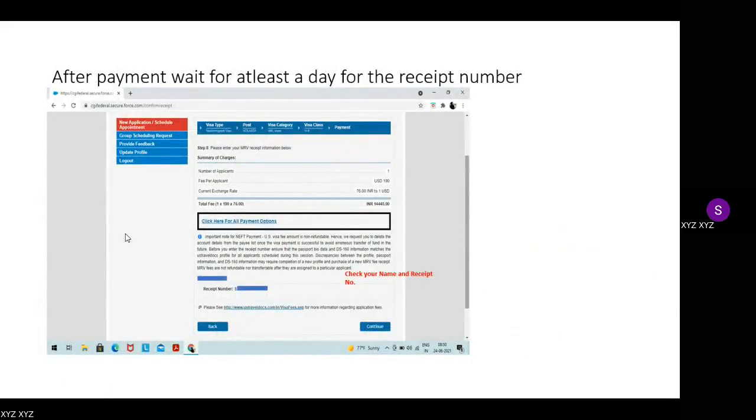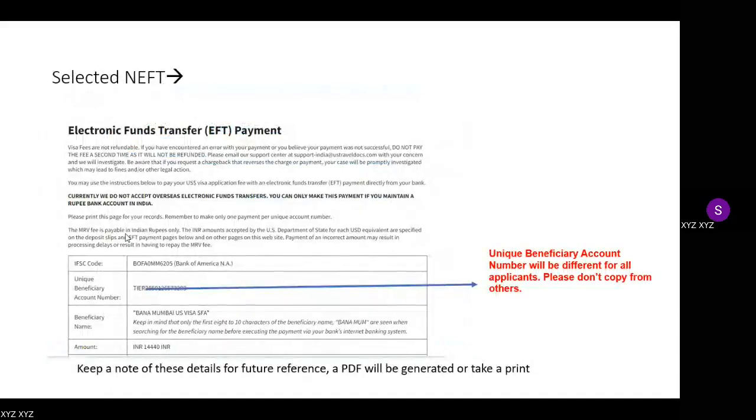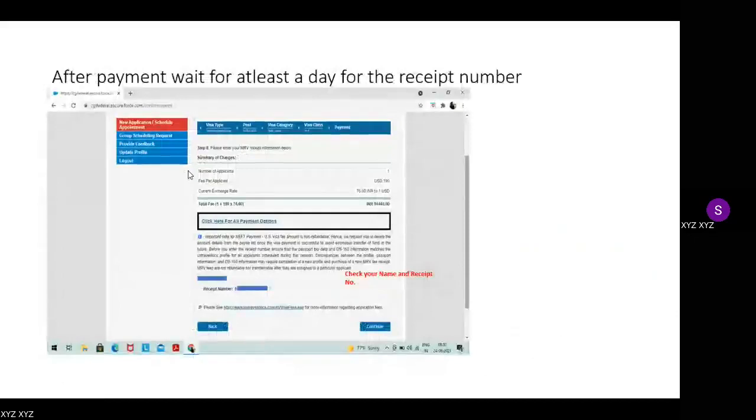Once you are done with your payment, you have to go to your bank account and pay this amount to the Bank of America account details. After at least a day, you will get your receipt number.